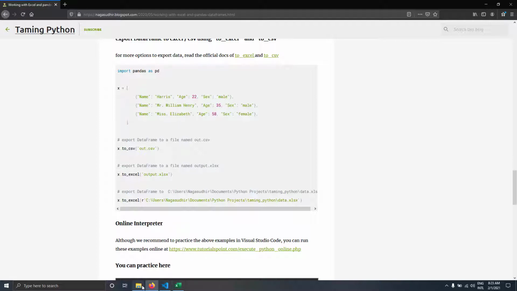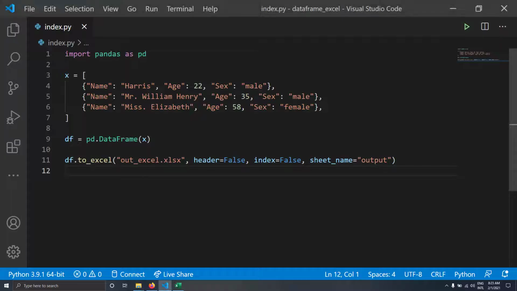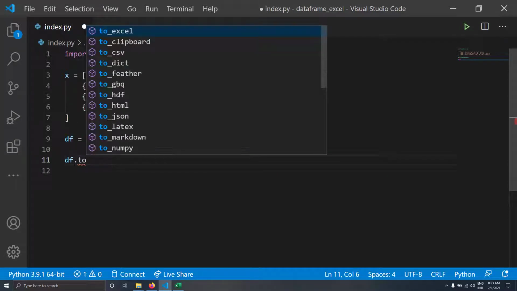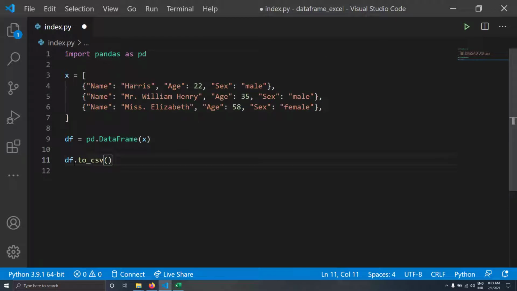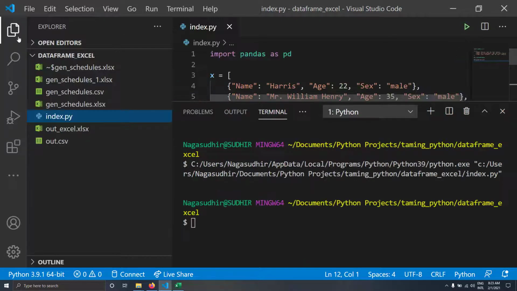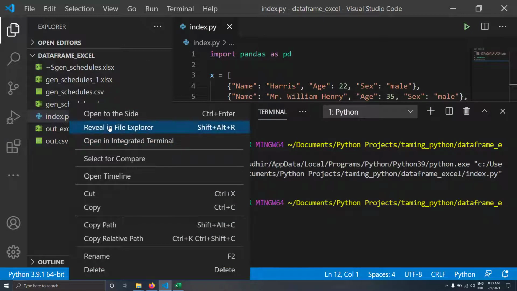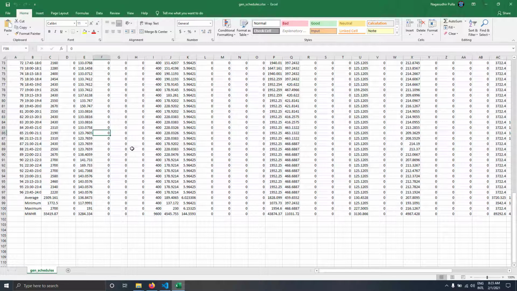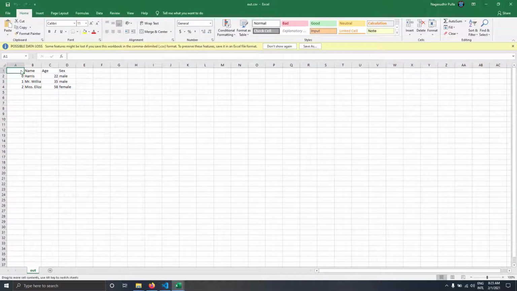And one more thing I just forgot is you can even write to CSV. It's really simple. You just write df.to_csv if you want to export it to a CSV. I have to give the file name, so I'll just write out.csv. I want to print it to a file called out.csv. So I'll just run it. My Python is executed, and you can see I got the file out.csv here. I'll just open it now. As expected, you got the output in the file, which is a CSV.